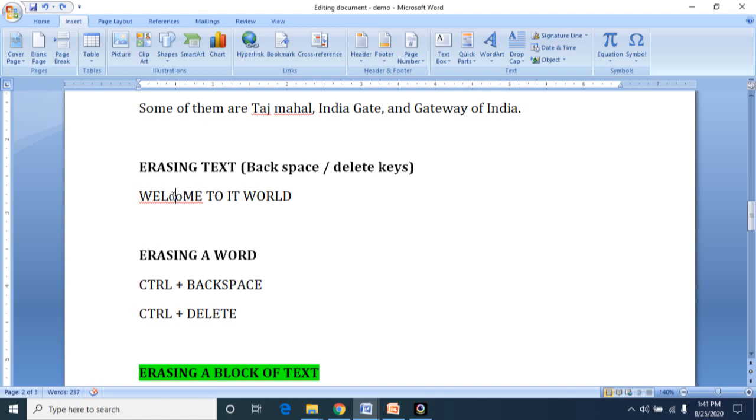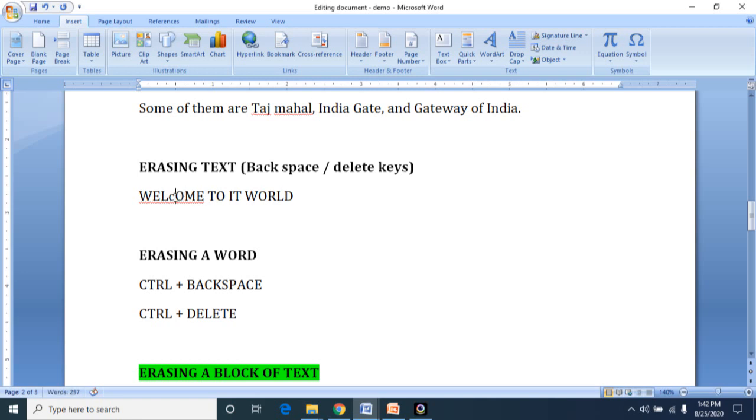now I am going to demonstrate how to erase a letter which is present left of the cursor. Okay, this is the cursor. Which letter is present left of the cursor? Left of the cursor, the letter present is O. So if you want to erase O, which is left of the cursor, you have to press delete. Delete key is used for delete left of the cursor.